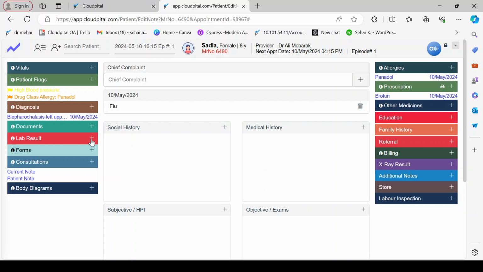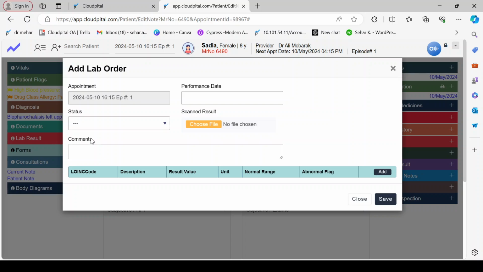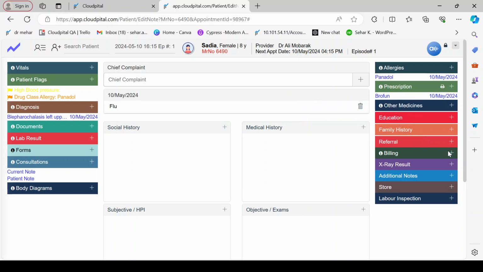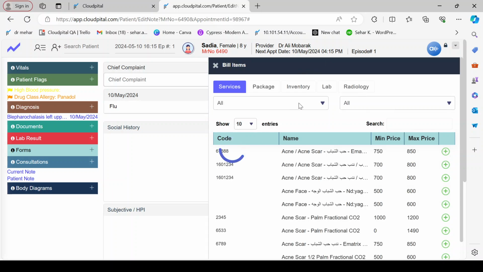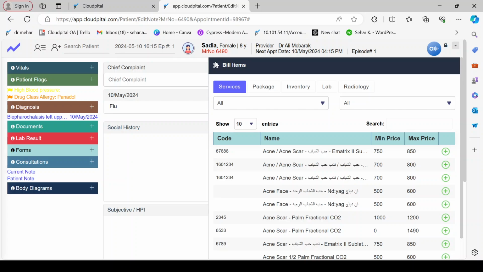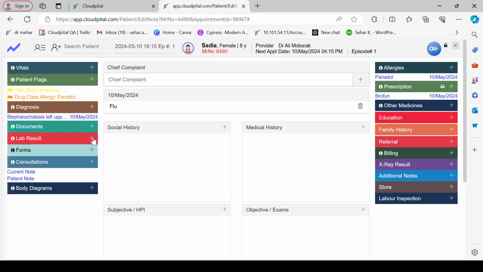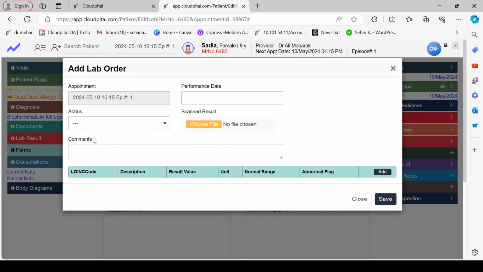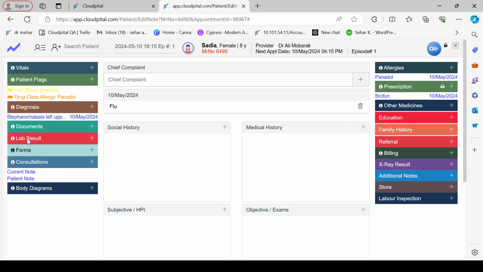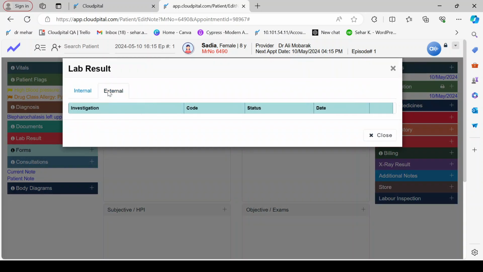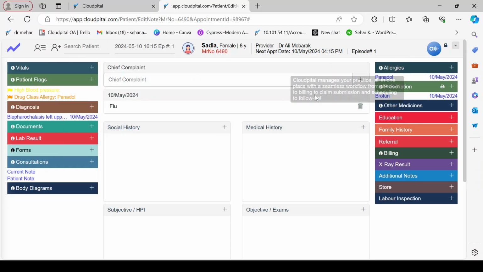So after that we have lab results. We have two types of lab results. If the doctor adds a lab result in these screens, then all of the complete inventory and lab cycle data will be showing in the lab result screen. And if some of the patients have an external lab result attachment, then we can also upload that data in these screens, just like an attachment. The internal one is from our in-house lab, where we maintain the whole laboratory cycle.